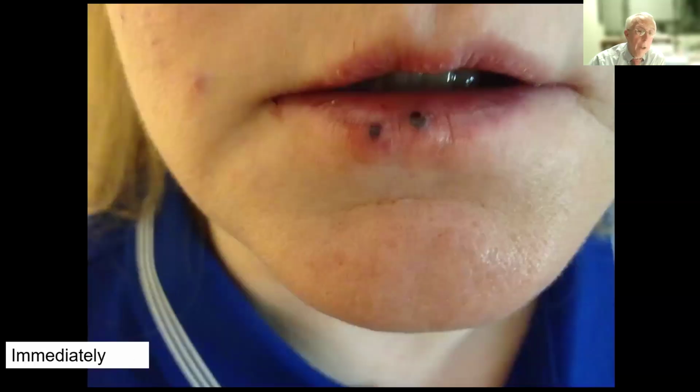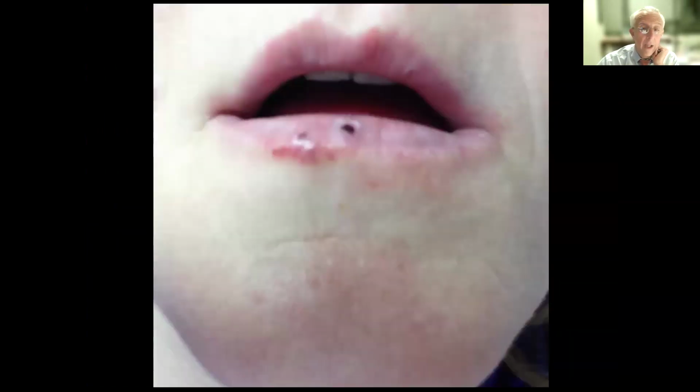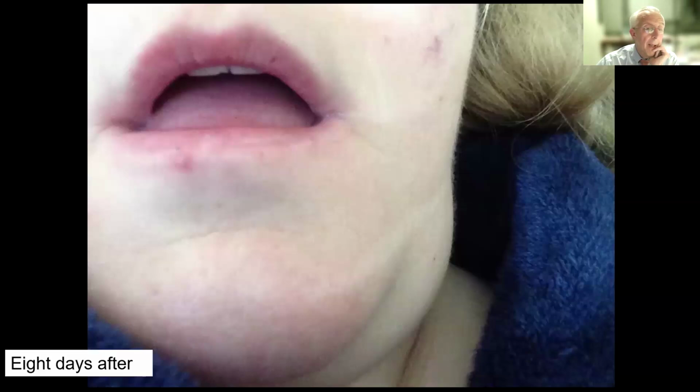In this case, it's the lip. So you can see a classic telangiectasia on the lip, and this is before sclerotherapy. This is immediately after. You can see a little black and blue, if you will. And this patient was kind enough to take pictures of her lip as the sclerotherapy injection site resolved and the telangiectasia resolved. So here is about 8 days after,